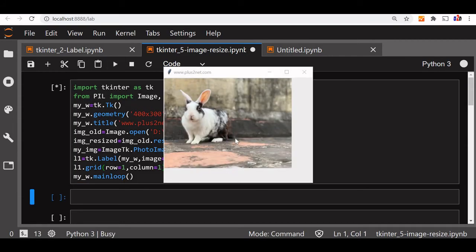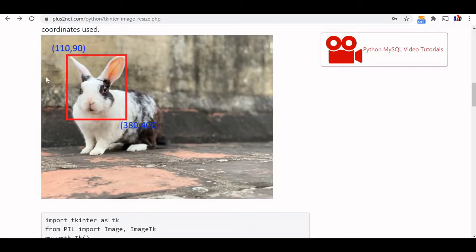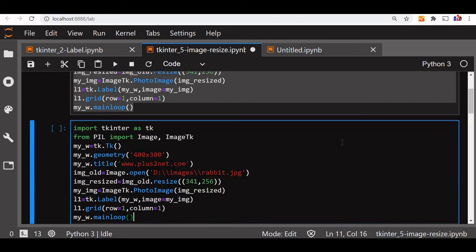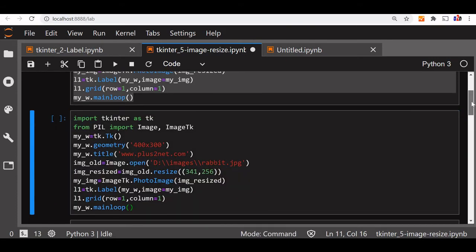Now this is the image. We'll try to change it again. This is the original image, and watch the marked areas with the coordinates. Now instead of resizing the entire image, we'll use the marked areas only and display it. It will not reduce the size, we'll just use the marked area. We'll use the same code, just copy it and paste it here. Fine.